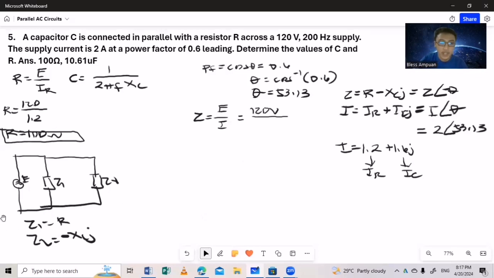Okay, so with this, in our problem is our Z. I think the Z is not yet applicable. So what would be the X sub C? How do we get the X sub C? Okay, so let me see. To get the X sub C, our X sub C